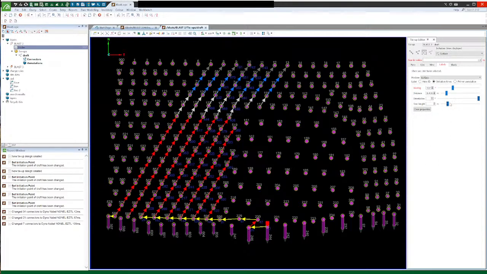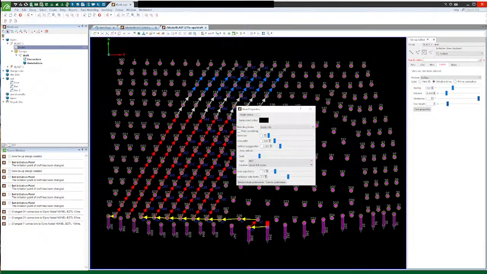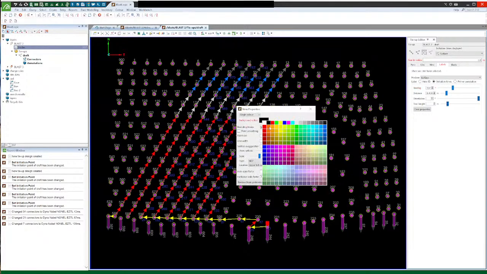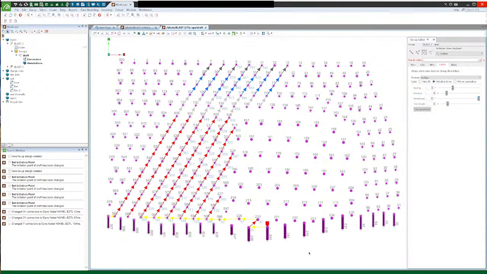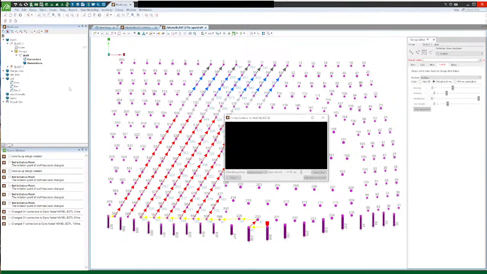Looks good. You can make the timing a little bit difficult to see, so we might also do what I'd done previously and just change it to a white background, and then we can see that stuff, even though I don't like working in white. Anyway, moving on, and so we've worked our way back, and we've got this set up there, and I might just turn on the blast modeling and put on the timing contour, because I don't like, nor should you, working without